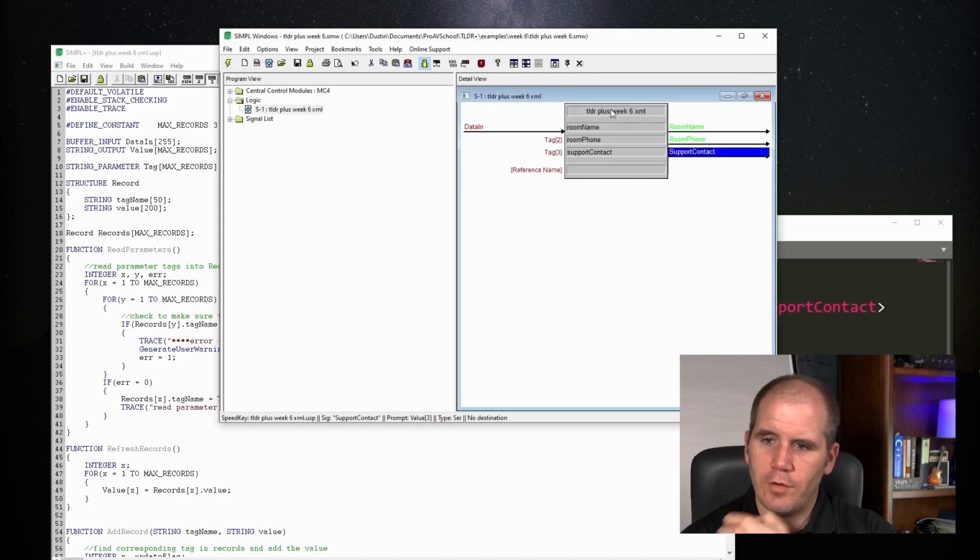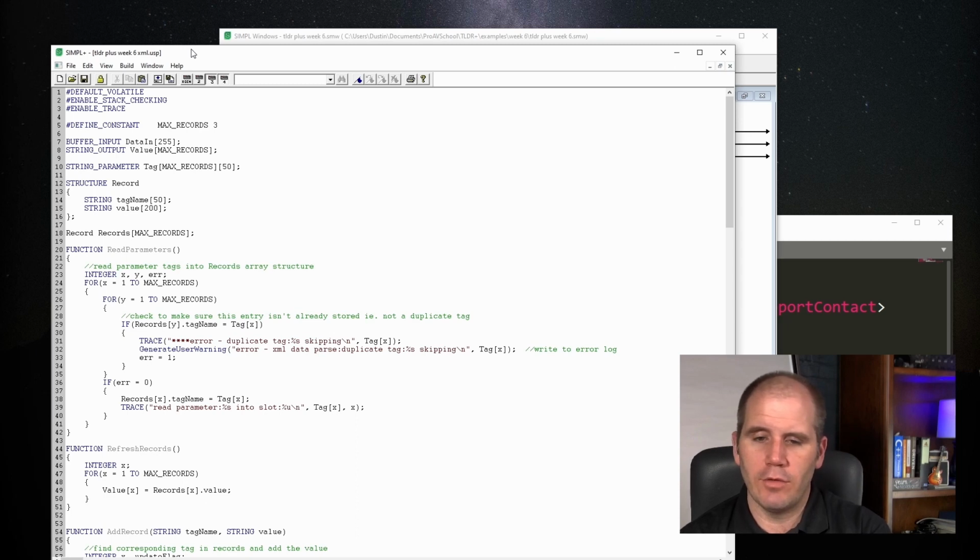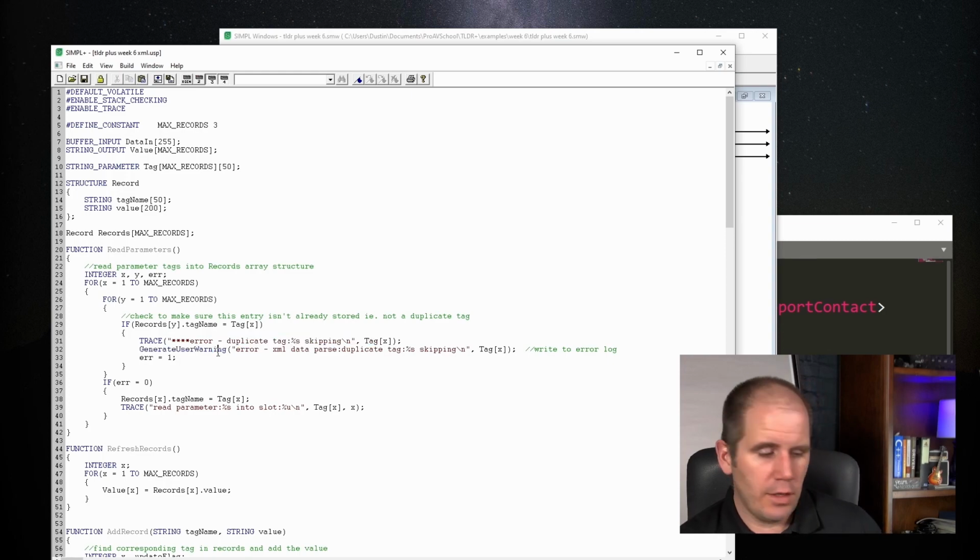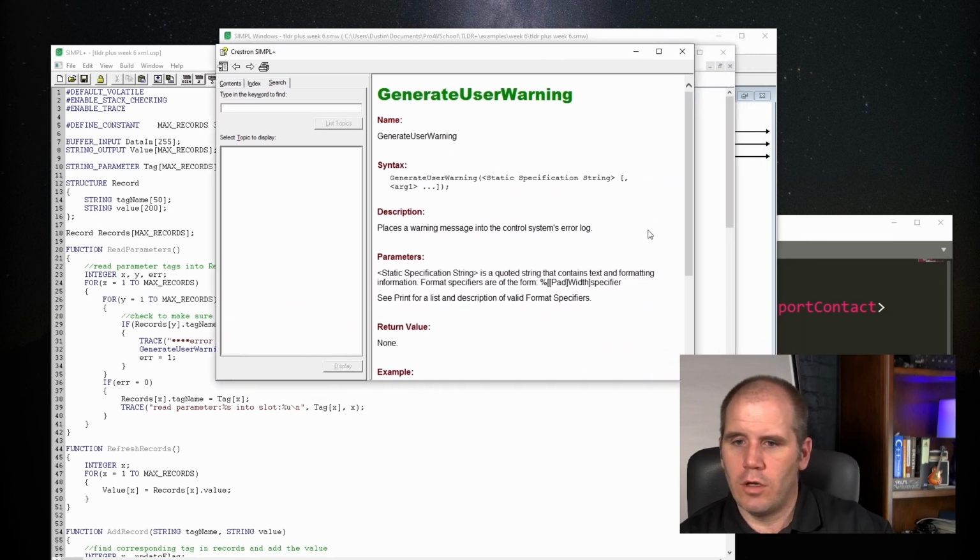So for example, if you had room name, then you had room name, this will error out basically. There shouldn't be a match because they should all be unique. So if it finds a match, there's a problem. So we're going to do a trace of the problem. I'm also going to generate a user warning. This is a new one that we haven't really looked at yet. This basically writes to the error log